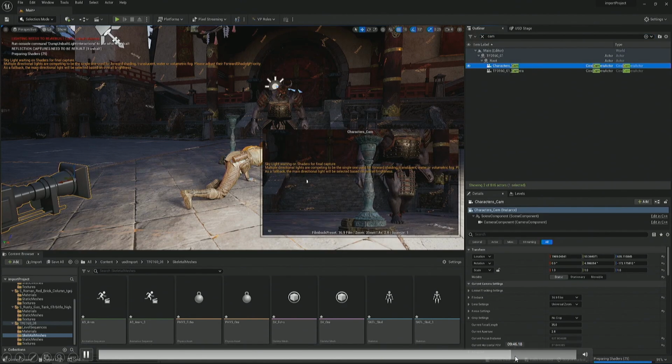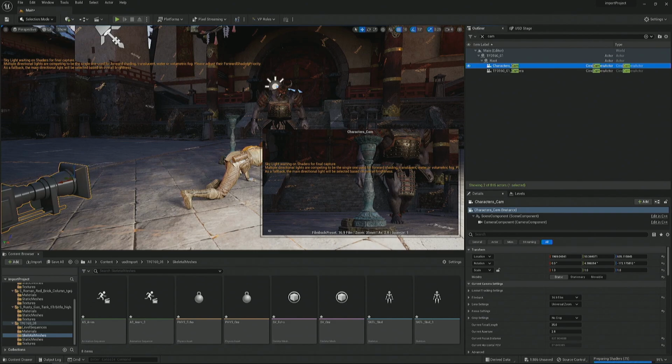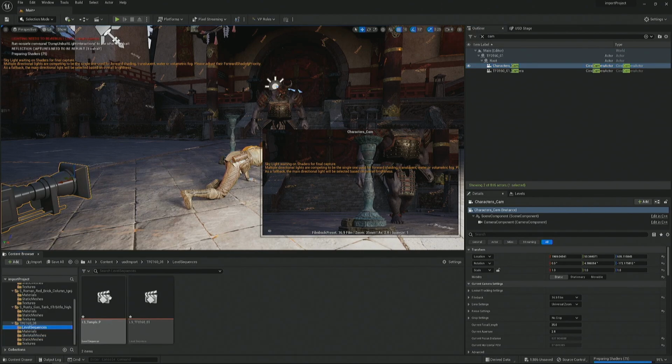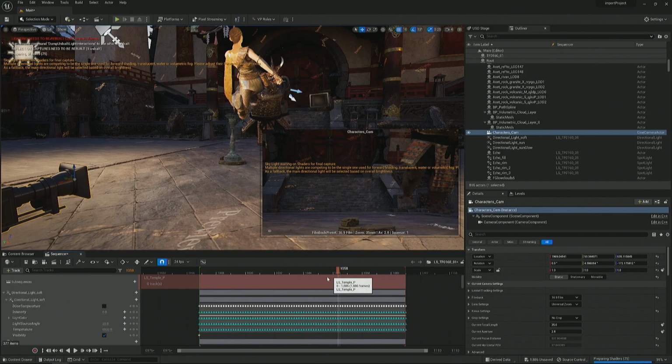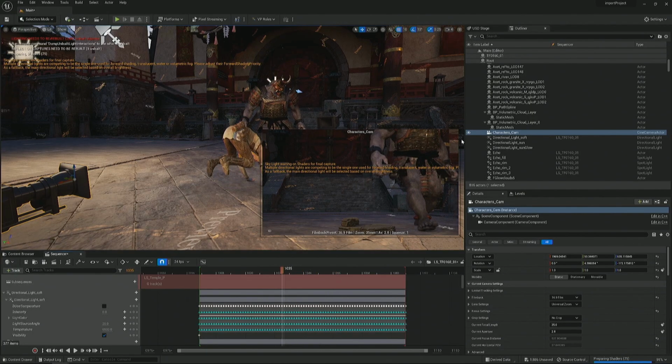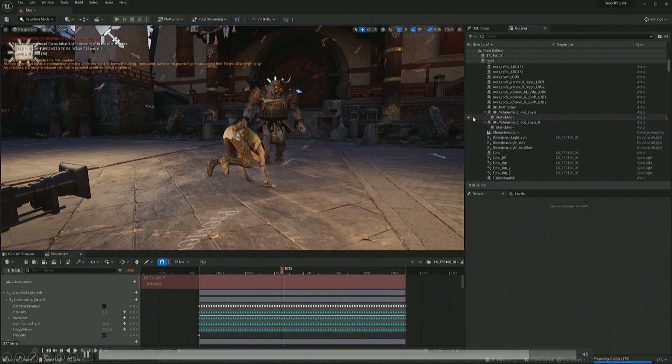And that's the camera that would have been imported, because cameras don't live in the content browser. So when it brings in the camera, it brings it into the outliner, and then those are the level sequences that were there. So now I can do whatever I want to it in Unreal. I've got full access to everything now. That's it.